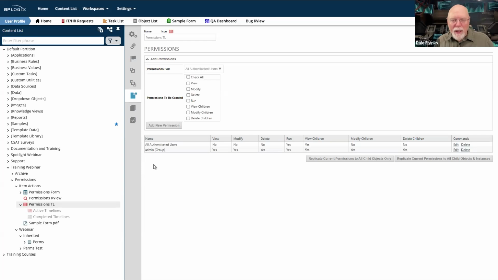Be careful with replication, because as we just saw, we can mess some things up. So you have to be careful with how you're going to replicate. So keep that in mind. Don't give any more permissions to any particular group than is necessary.